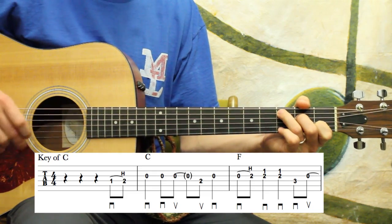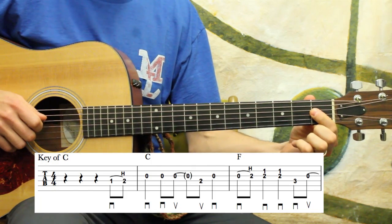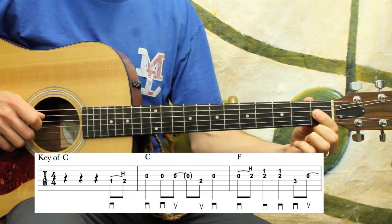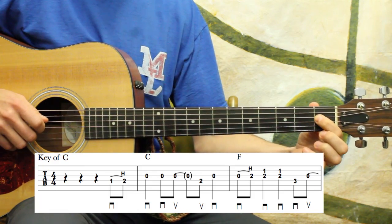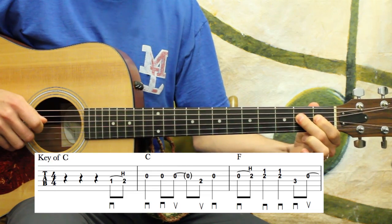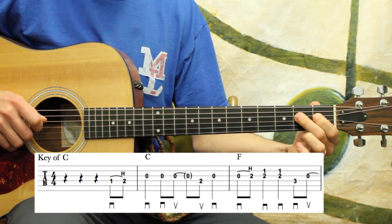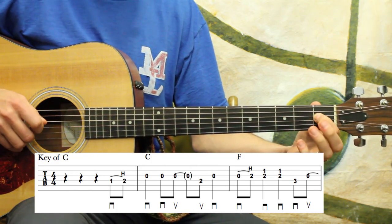So what we have in that first measure, the pickup on beat 4, is a hammer-on. That's what the little H stands for, of course. Hammer-on from 1 to 2 on the D string. I'm going to use my first finger and hammer on with my second finger. Remember, these are eighth note hammer-ons in this case. We can do quicker hammer-ons, but